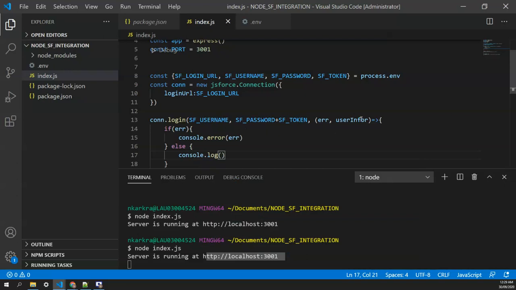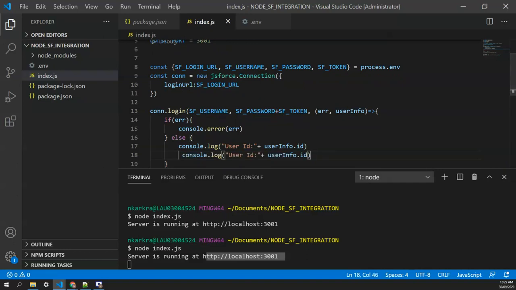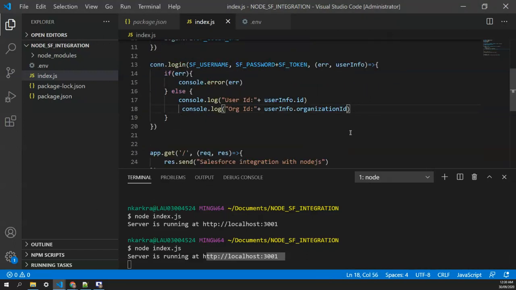By default, it will bring us the user info like the ID of the user or the user's organization ID. So we'll print that. We'll say user ID, and the user ID will be userInfo.id. And similarly, we can print the organization ID as well. So I can say org ID, and that comes under userInfo.organizationId.